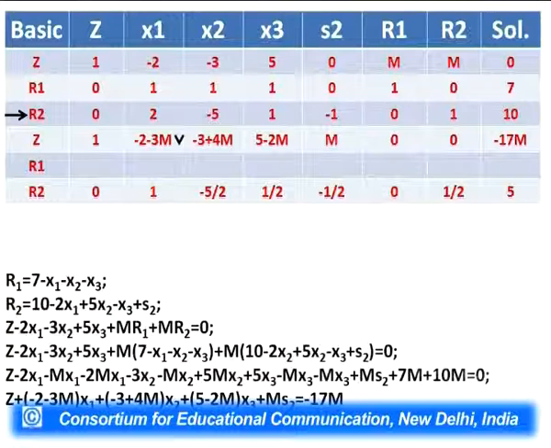Now, the viewers will understand which is the entering variable and which is the leaving variable. See the slide, and you will find that x1 is the entering variable and R2 is the leaving variable. So, instead of R2 in the row, we will write x1. So, x1 is the entering variable, R2 is the leaving variable. Whatever value we have here, that is assigned to x2. So, next step